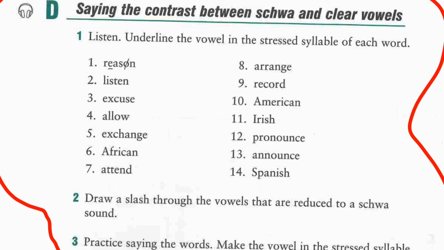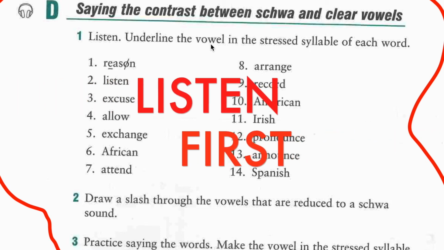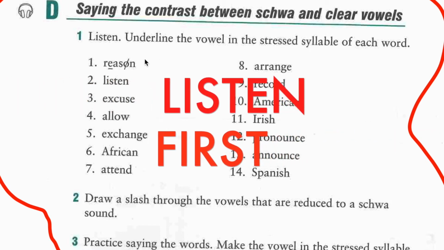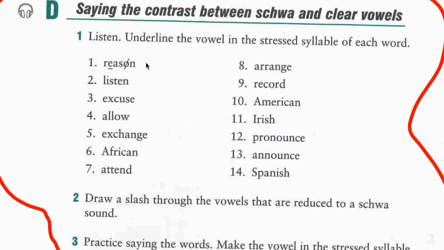In this next activity, first we're just going to listen to these words. Okay, so as you listen, first time, see if you can identify where is the schwa in these particular words. Now keep in mind, it's possible that you might have more than one, but just listen first. Okay, I'm going to read them fairly quickly. Number one, reason,